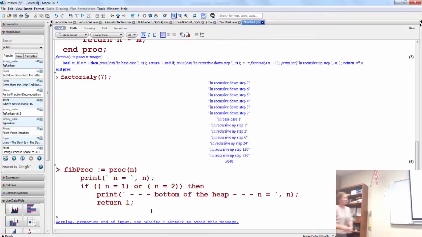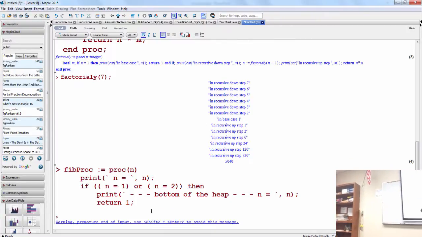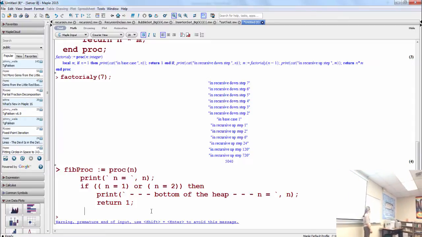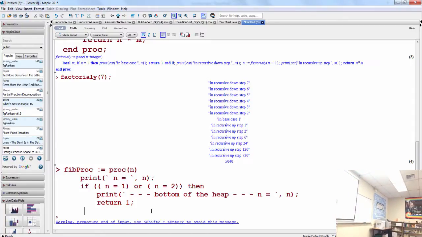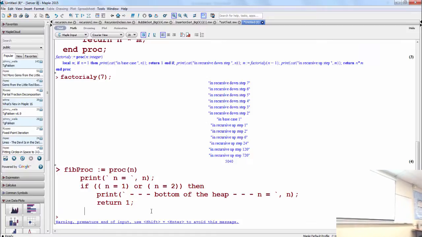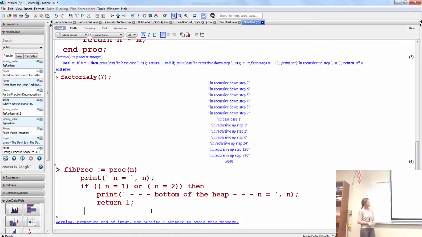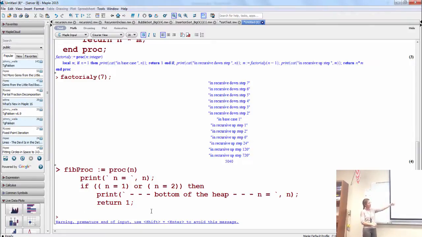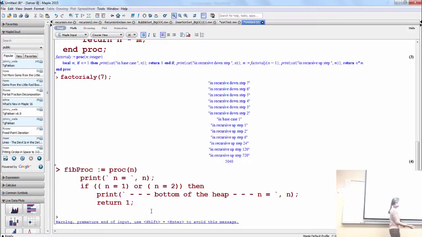All right. So note that we have 2 1s in the Fibonacci sequence. Okay. So that is why we actually have 2 places where we could perform our base case. Okay, so n is going to start at some large number. It's going to get successively smaller until it either reaches a 1 or a 2.